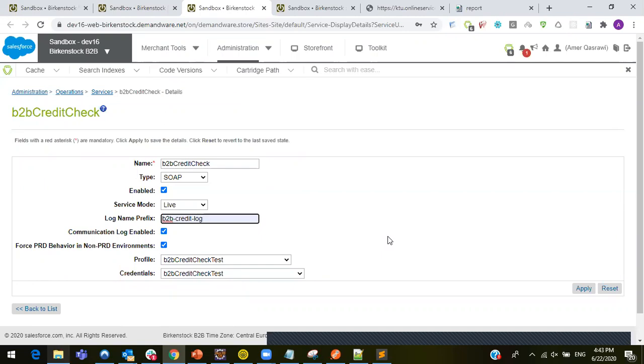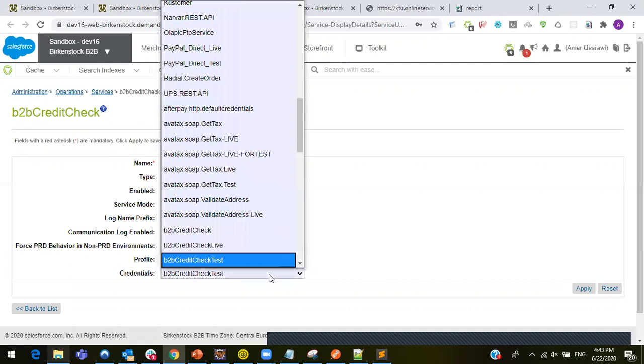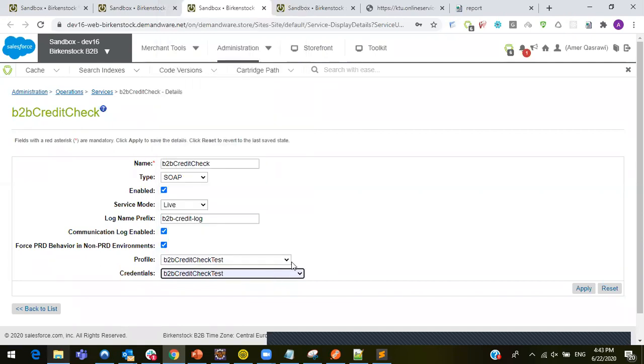So when you check the forced production behavior in non-production environment, that means you will not be able to see the messages in the logs unless you are actually overriding the filter message method. The profile and the credentials, these are actually configurations associated with this web service. And we will get into them since we still have a couple of more minutes. We will get into them and also explain the attributes associated with